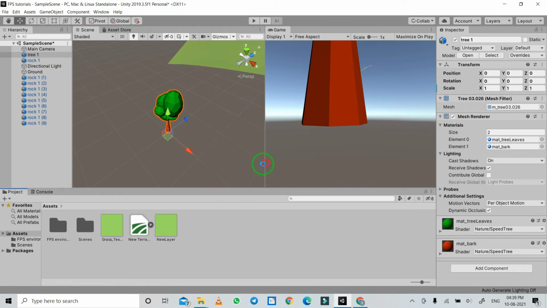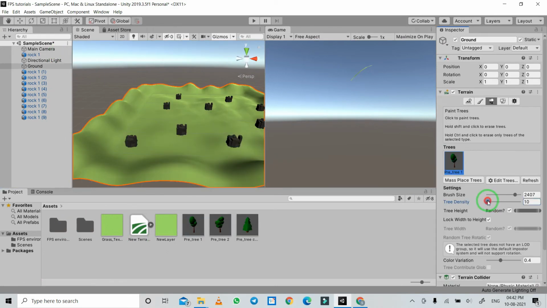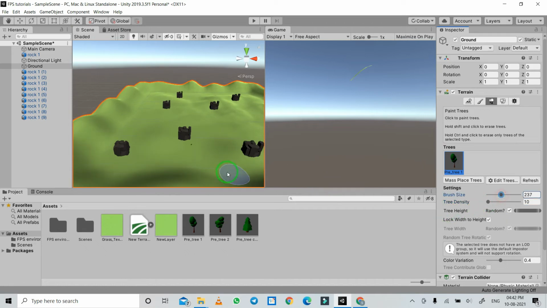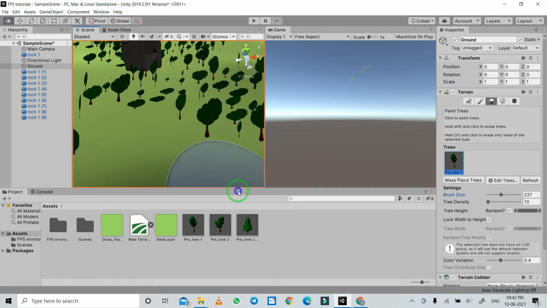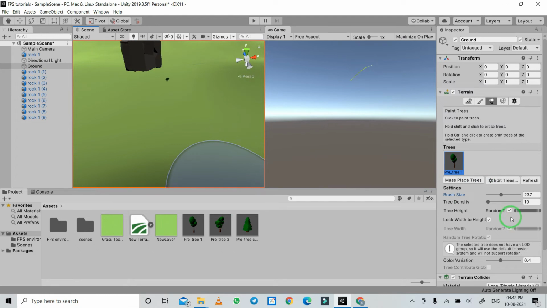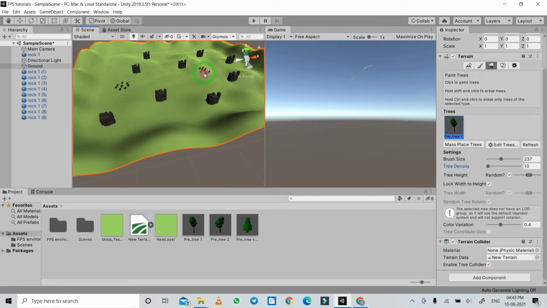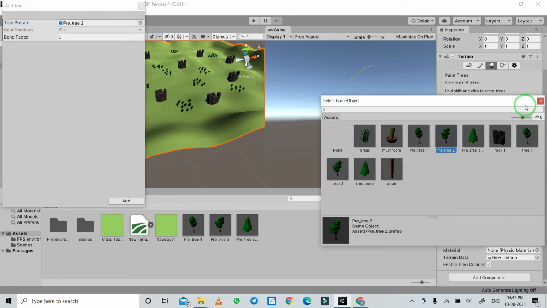So I've selected the original prefab. Just like that, I've created 3 prefabs. I've decreased the tree density and increased the brush size, and selected that tree. I don't want heights to be that random, so I've put that slider like that.